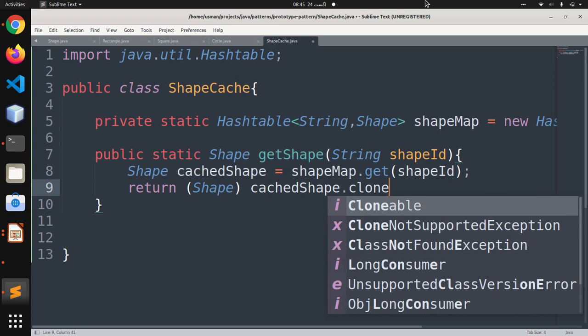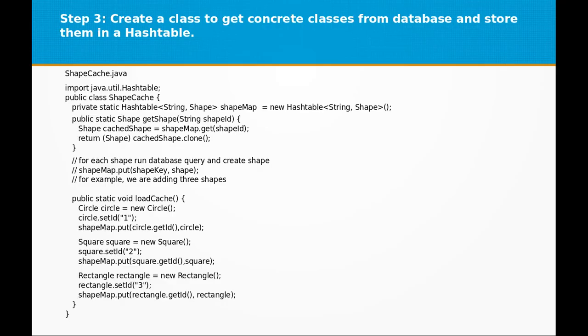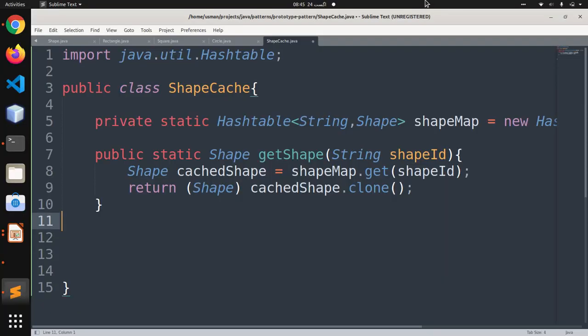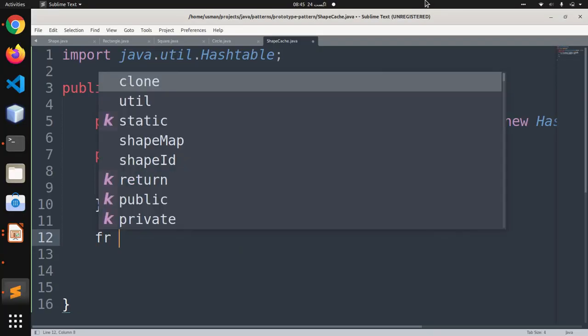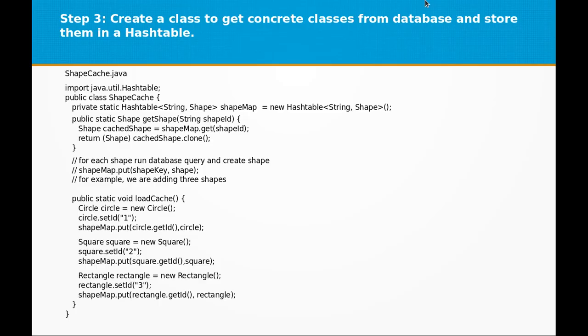So we are basically returning the duplicate object of the shape from our hash table, instead of creating a new object from scratch, which may require database calls or some expensive operations, which may slow down your application or create performance issues.